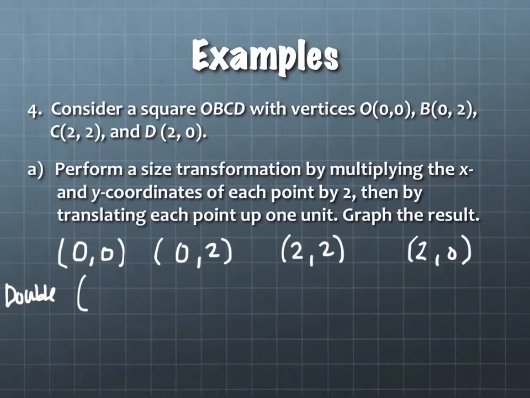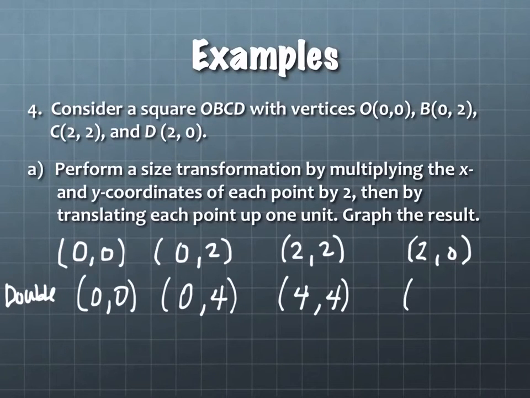So (0, 0), what happens when you double (0, 0)? Stays (0, 0). How about doubling (0, 2)? (0, 4). Doubling (2, 2): (4, 4). And doubling (2, 0)? (4, 0). Fantastic. Okay. The next thing it says is that we are going to translate each point